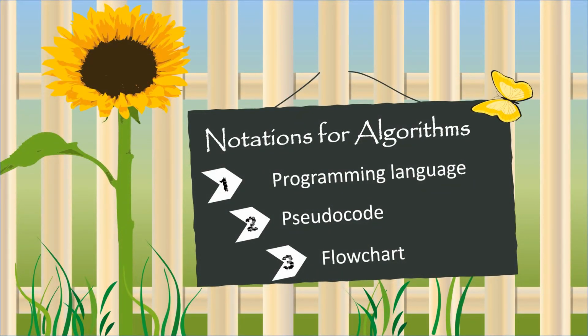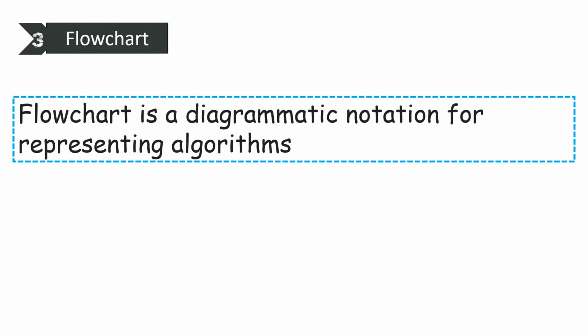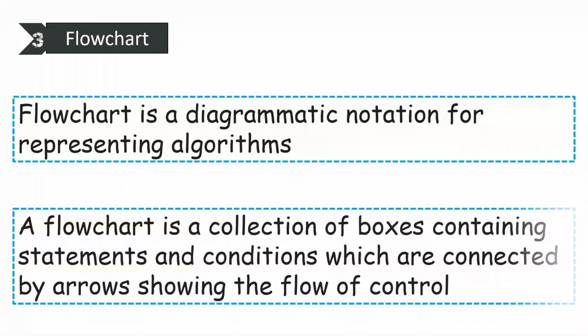The third notation for algorithms is flowchart. A flowchart is a diagrammatic notation for representing algorithms. A flowchart is a collection of boxes containing statements and conditions which are connected by arrows showing the flow of control. In order to represent an algorithm in the form of a flowchart, you should first learn the symbols used